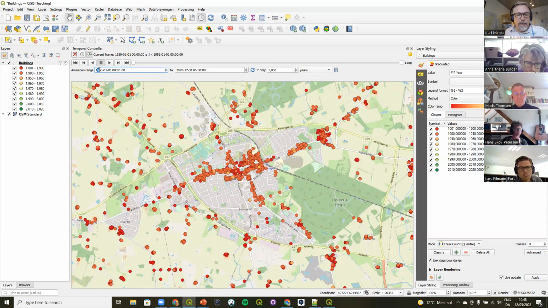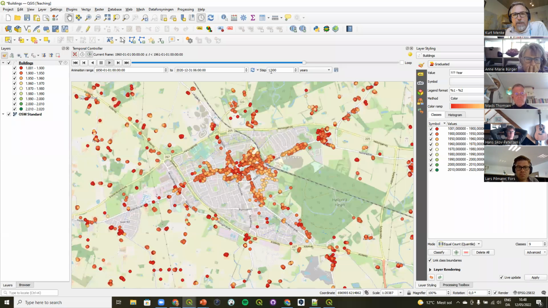So here we have a time slider and time controls. So I'm going to set the animation range between 1850 and the current, because there aren't too many buildings before 1850. And then I can just start clicking play, and QGIS will start adding points. And right now, the step is 1 per year, or every frame is 1 year, but I can increase this